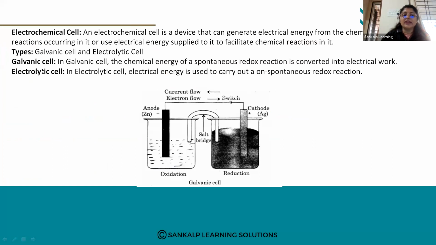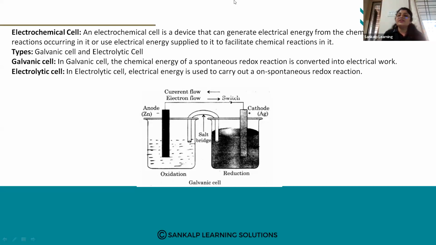Next, we are going to study the electrochemical cell in depth. As we have discussed in the key terms, what do you mean by an electrochemical cell? An electrochemical cell can generate electrical energy from the chemical reactions occurring in it, or use electrical energy to facilitate a chemical reaction in it. So an electrochemical cell is a device